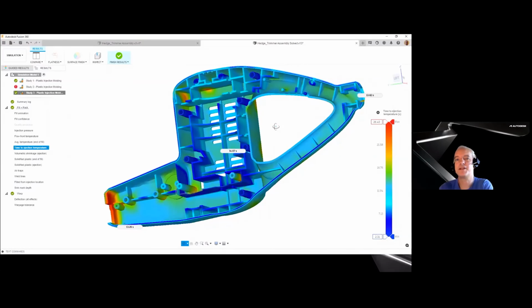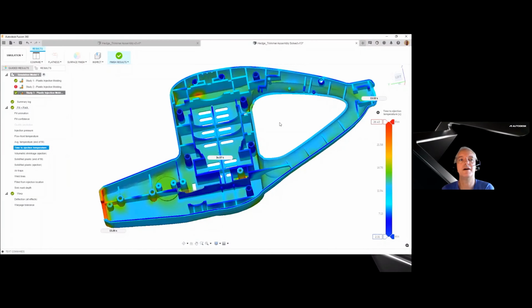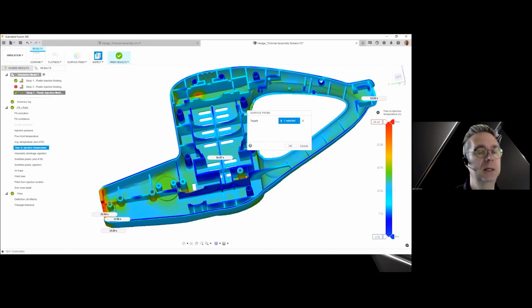So these are pretty good guides, I would say, for you to look at. Yeah, I like that. Here we're at 23, our peak value is 26. Even the ones that are more in the mid-range, that's a 10-second difference between the other areas and the thick sections.